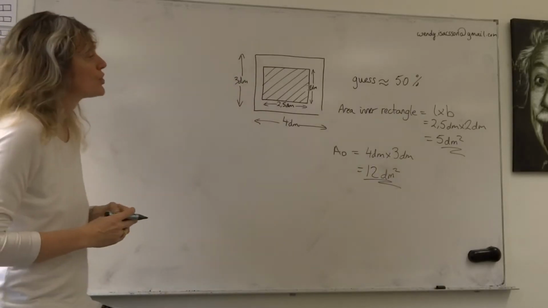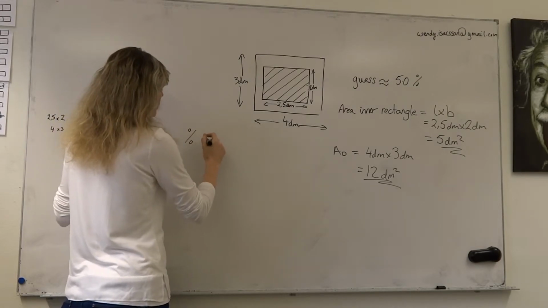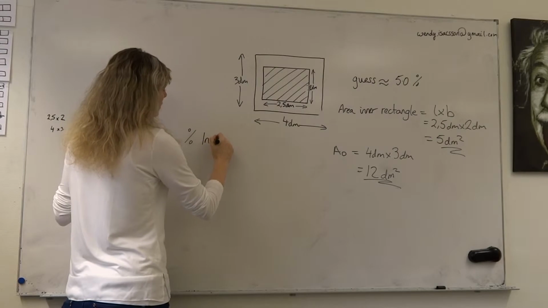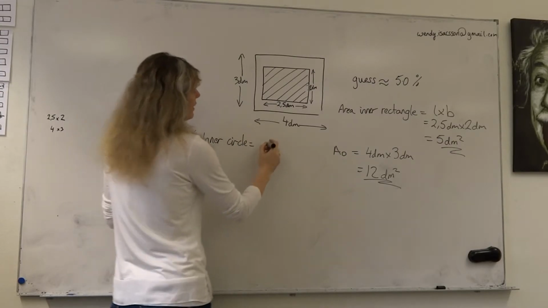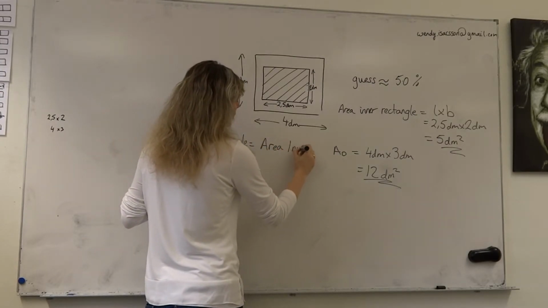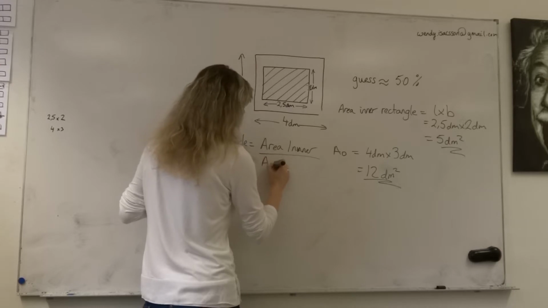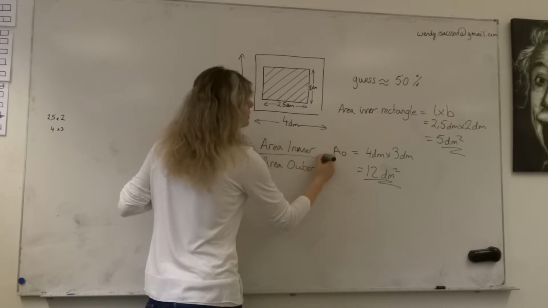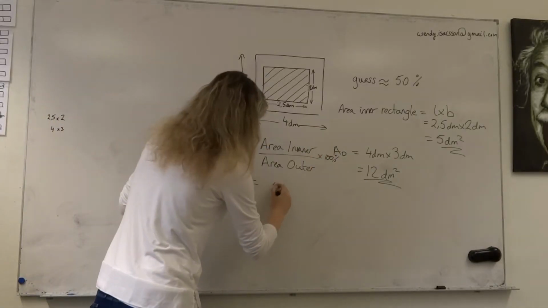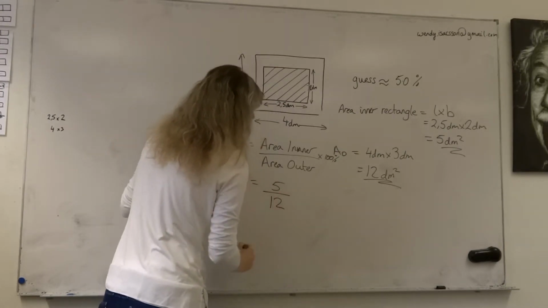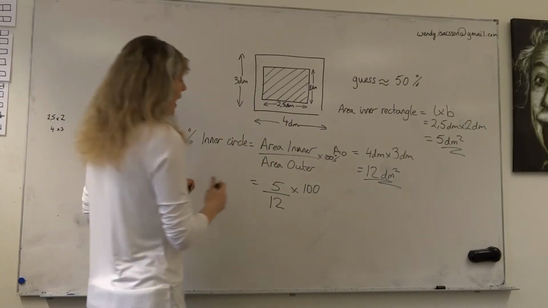Okay? So now I can work out the percentage of the inner rectangle. The percentage of the inner is going to be the area of the inner rectangle divided by the area of the outer, times 100 to convert it into percent. So we now know the area of the inner is 5. The area of the outer is 12. And we multiply that by 100. So we now get